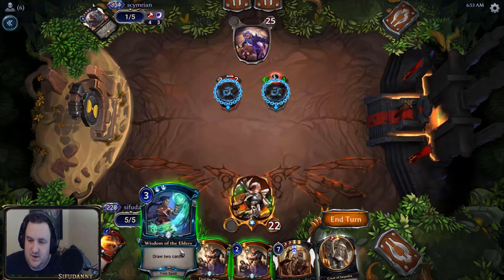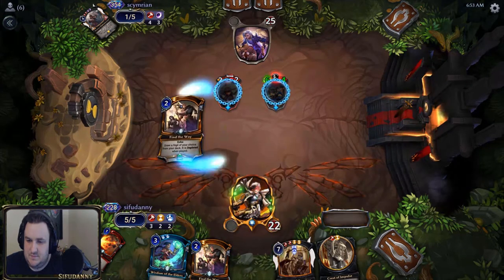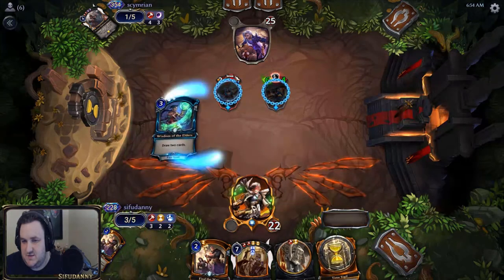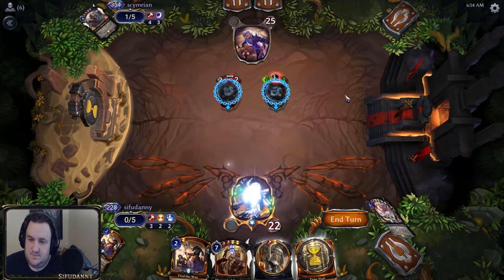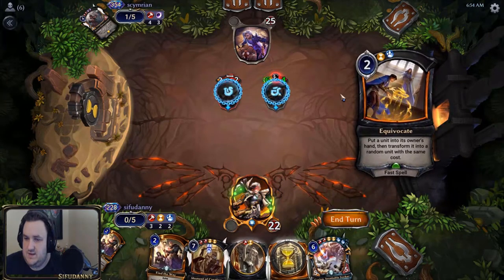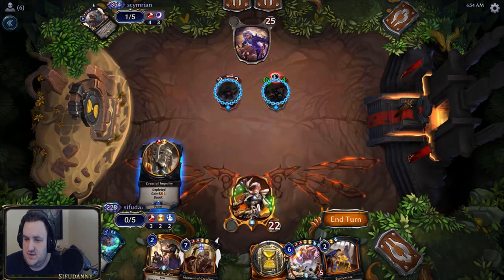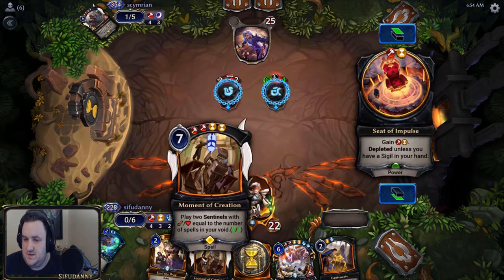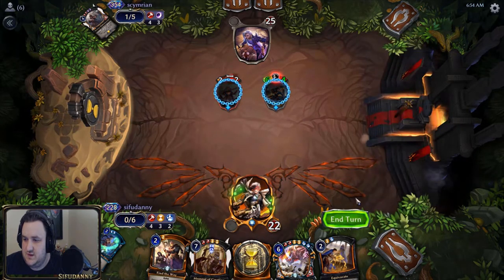So we're going to Find the Way before we Wisdom, and that's to thin our deck out from the chances of drawing stuff. Okay, we got some pretty good stuff. Let's go ahead and play Crest of Impulse. This will let us play our Moments, which we definitely want to, so...